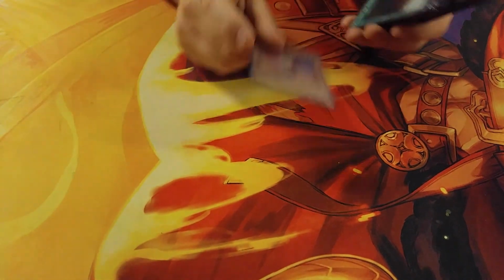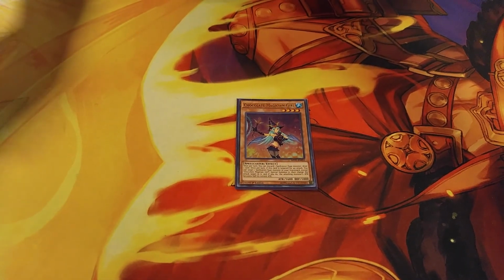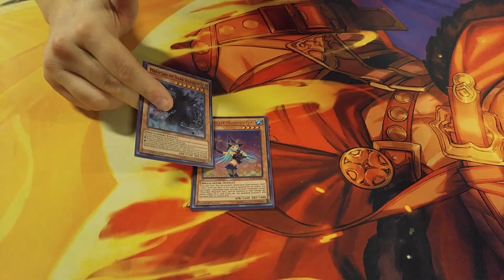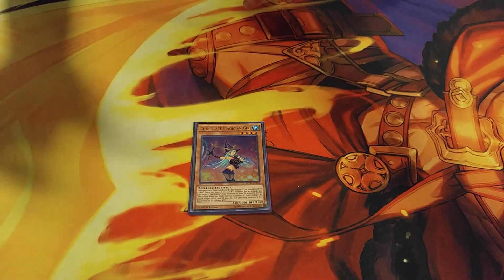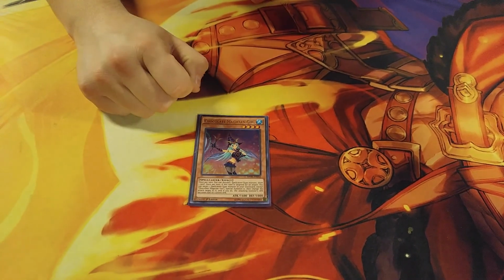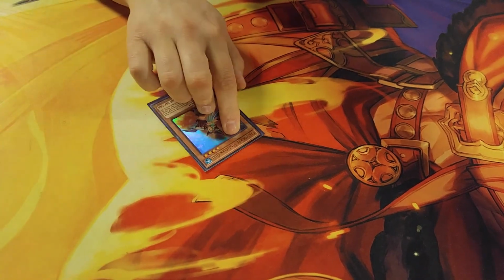Actually, next card right here, Chocolate Magician Girl. Her main effect is to ditch a card and draw one with a Spellcaster. So if you have a dead Illusion Magician in hand, you just want to ditch him to get that draw off of. The other effect is pretty cool, but most people don't like to do it: when she gets attacked, you can, I believe,